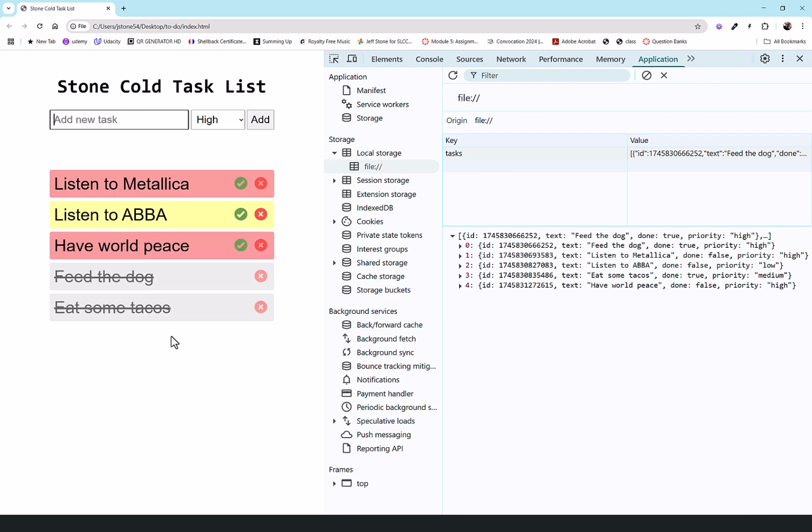All right. Even though having world peace and Metallica are both high priority, maybe we should argue that we could put world peace above listen to Metallica. So I can drag it right here. And notice when I hover over it, I'm not clicking anything, I'm just hovering. Those things have a little hand there, right? That's a cursor option you can change. Notice these 2 that are finished do not have a hand.